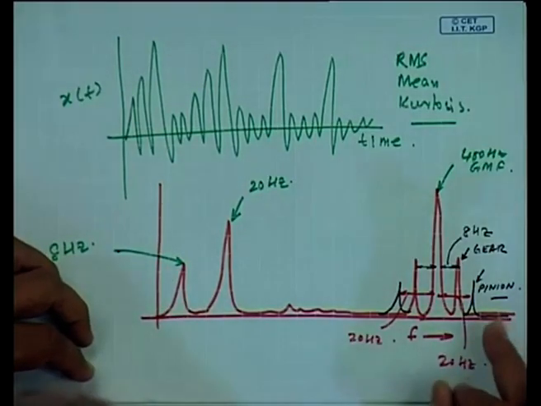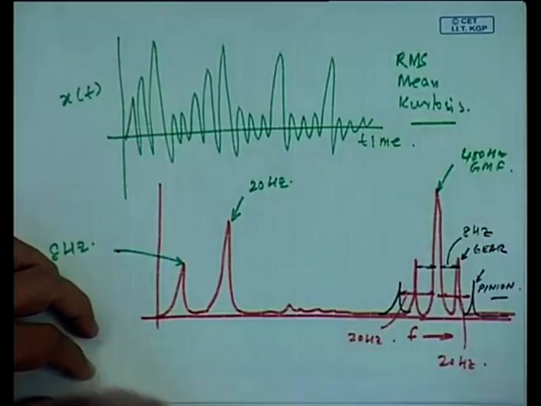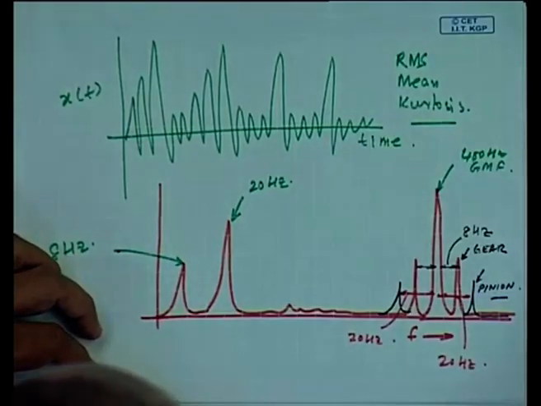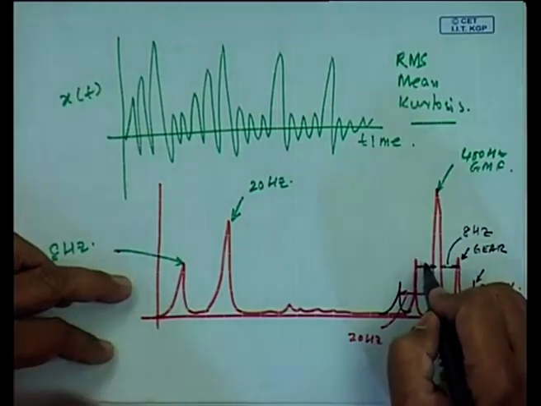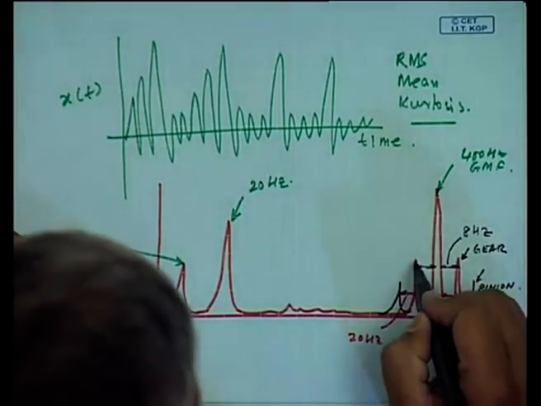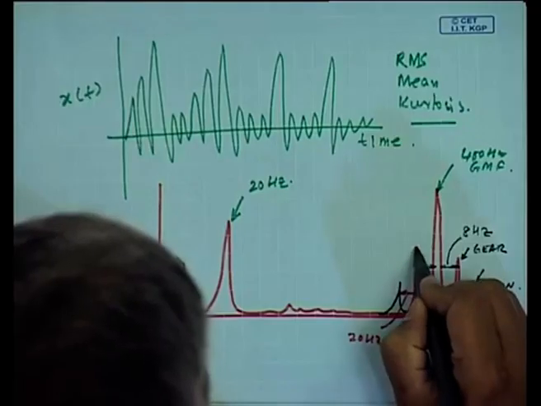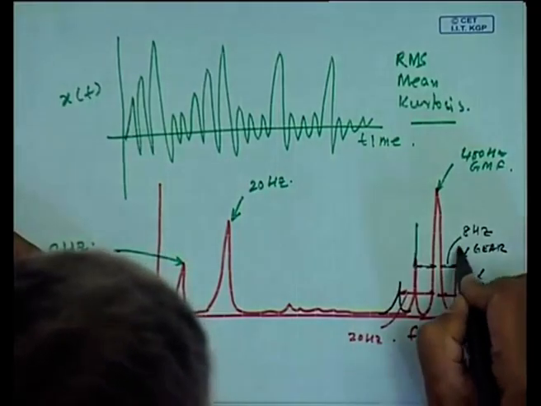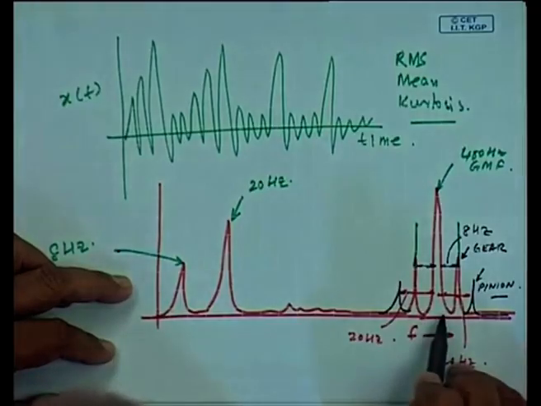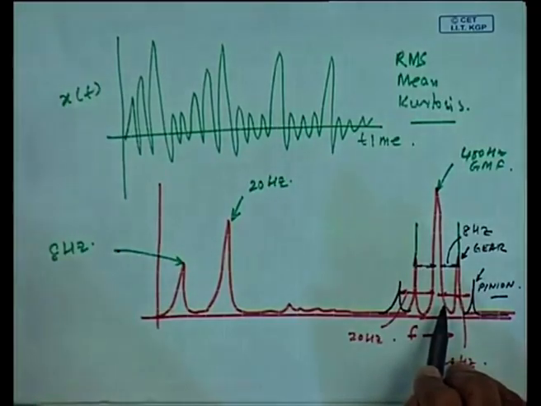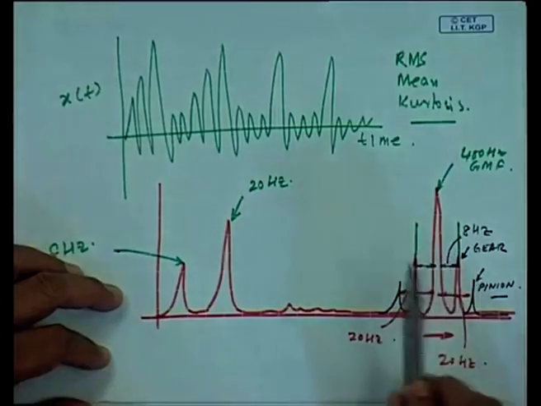So, what is going to happen? If there is a defect, it may so happen that the amplitude of the sidebands around the gear meshing frequency is going to increase. The frequencies are not going to change, frequencies are fixed because of the phenomena. So, this amplitude of the sidebands will increase,